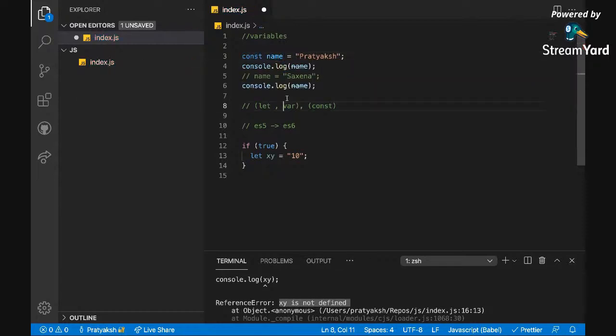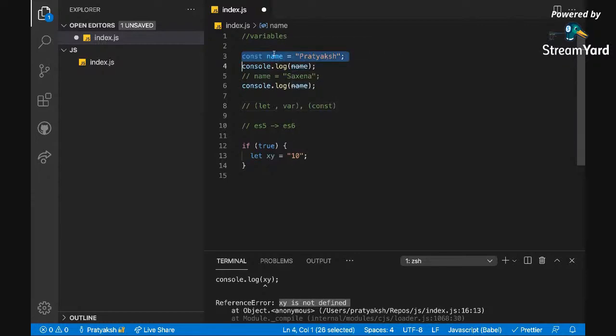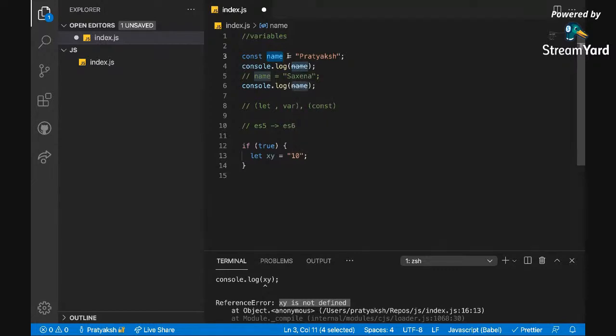Similarly, name is something that has been deprecated now, and JavaScript has said that you cannot use it as a variable name anymore, but it is deprecated, not completely removed. So it's not an error, it's just a warning that it's deprecated. In the future you may face some error if JavaScript plans to completely remove it. So change it. If I change it to name1, and here also name1, you will see that the strike through is gone. The reason for that strike through was that it was deprecated. Hope that is clear.